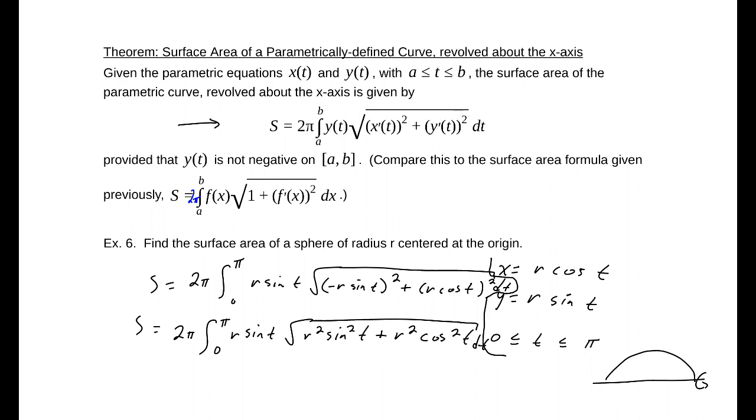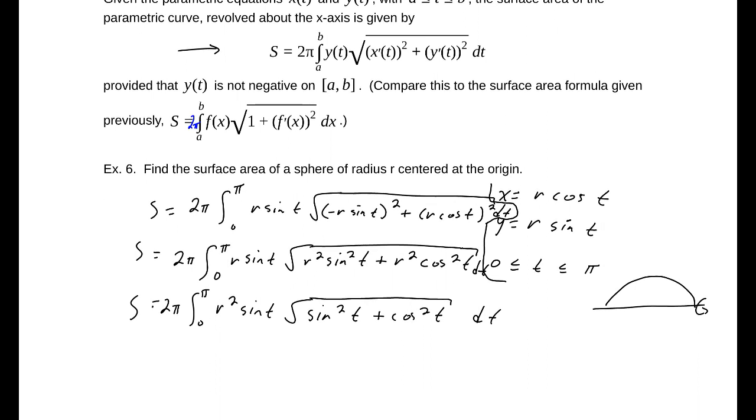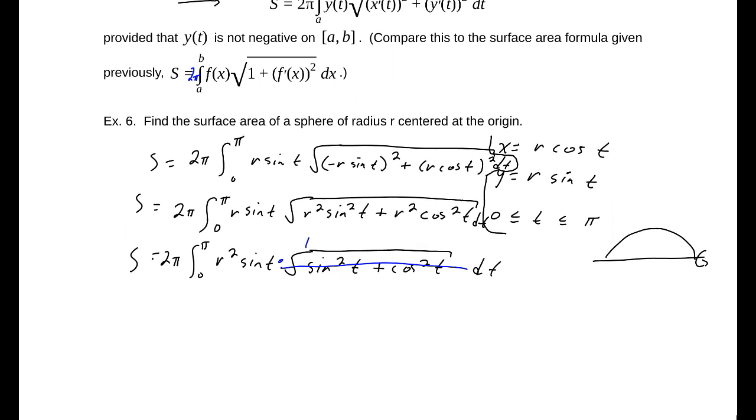Now, the r squared can be factored out. So we're going to have an r squared out here: sine squared t plus cosine squared t, in the integral from 0 to pi, with the 2 pi. This term is 1. Again, Pythagorean identity. So we have r squared, which is actually a constant, does not have a value of t in it. So this is 2 pi r squared, integral from 0 to pi of sine of t,